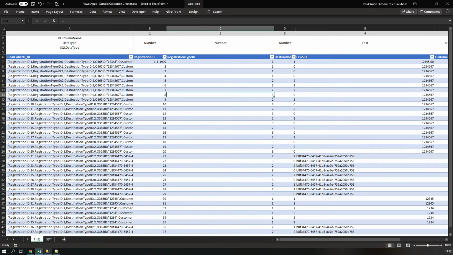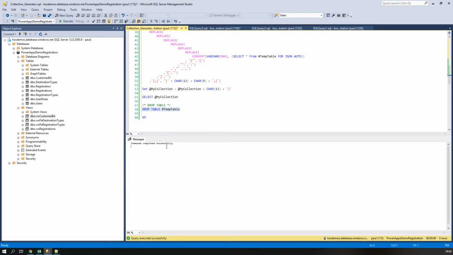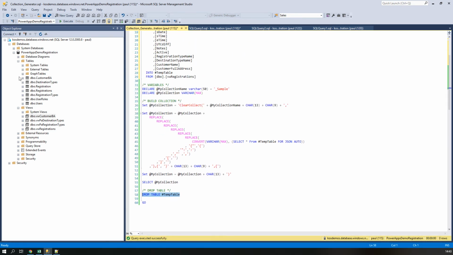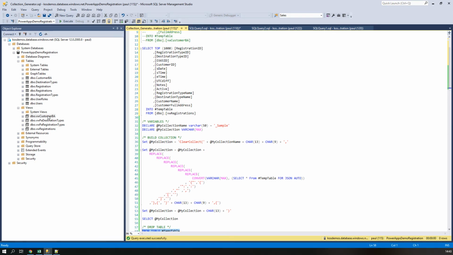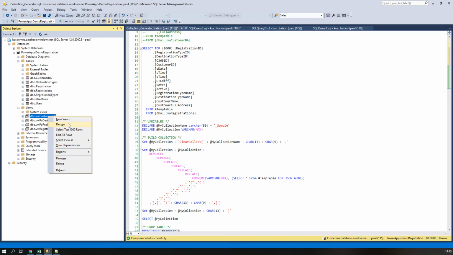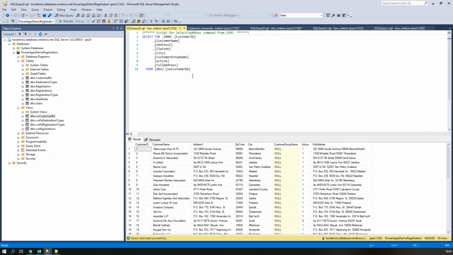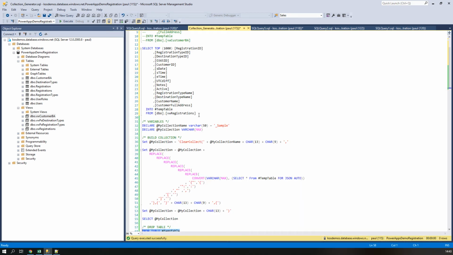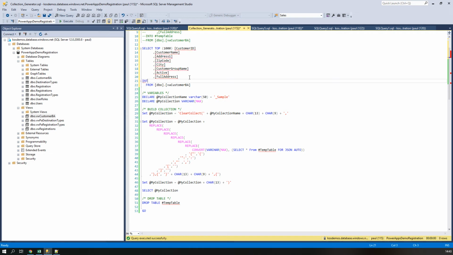Now let's check out the second tool. And the second tool is a collection generator in an SQL script. So here you see a demo database, and let's say we want to add a customer list. So select all these rows. We can copy this then, go to the selector, paste it here, say only into